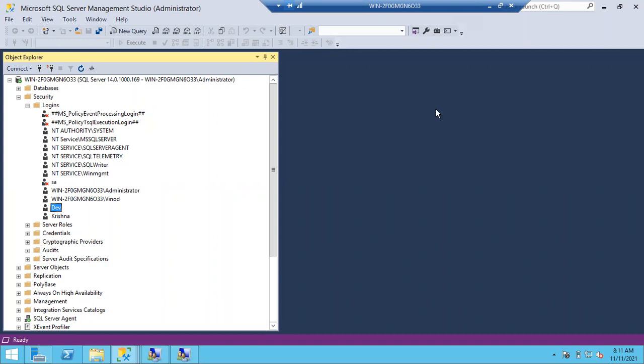Instead of creating all the 10 accounts on every SQL server, we'll create a group account for them: the SQL DBA group. Who will create the group? Actually, at the Windows level, the Windows people will create a group. I told you, right? In Active Directory, groups will be there.